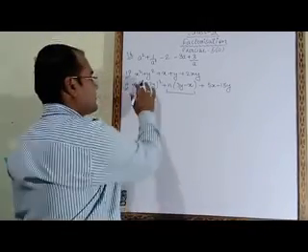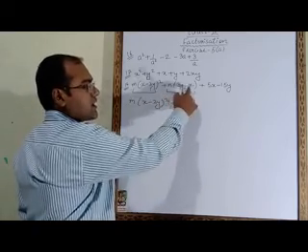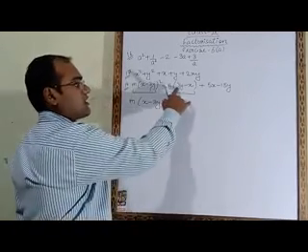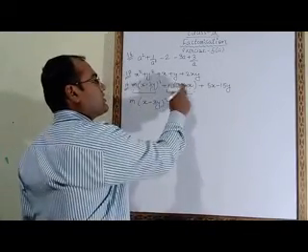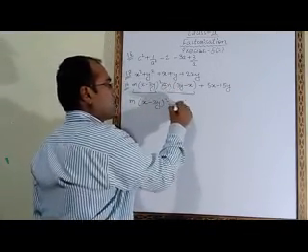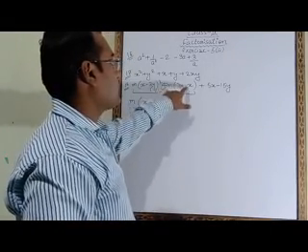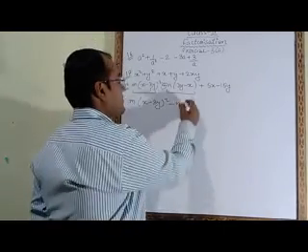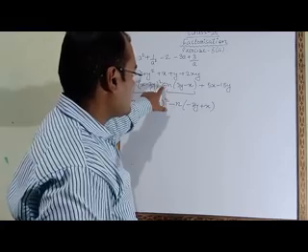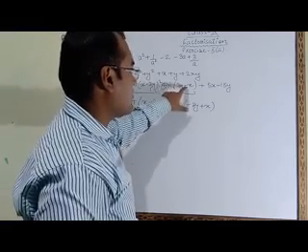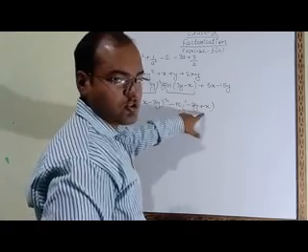So what you have to do? This one we have to write as it is, m into x minus 3y whole square. But here we have to change the sign, because here it is 3y minus x and here it is x minus 3y. Signs are opposite. So in order to change it, this plus n we have to write as minus n. We have to change the sign. So this plus we will change to minus, and both the signs we will change. So this will become minus 3y plus x. When we change this plus sign into minus, we have to change the sign of these two terms also. So this plus 3y will change to minus 3y, minus x will change to plus x.